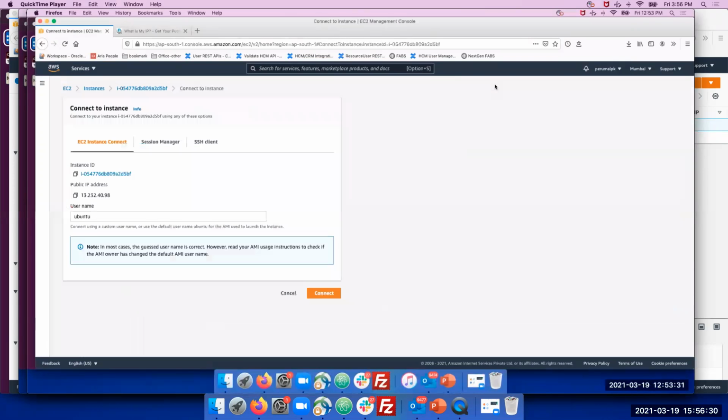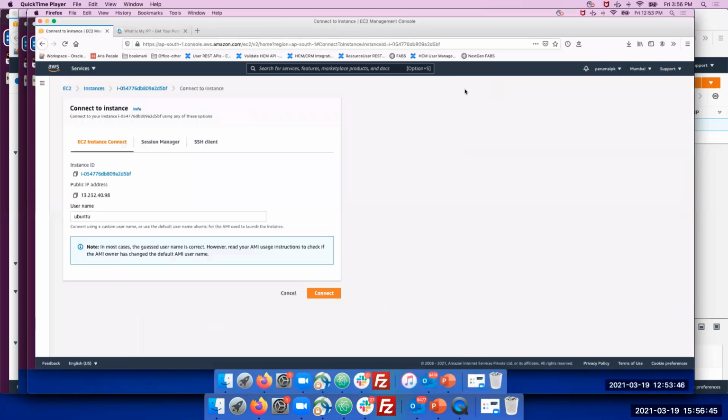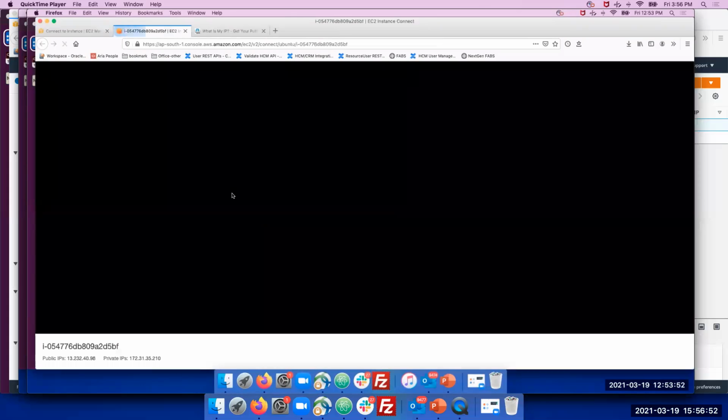Or AWS itself provides a default inbuilt terminal that you can use. You can run your Linux commands on whatever server you have selected. You can connect from the tool and run the commands.